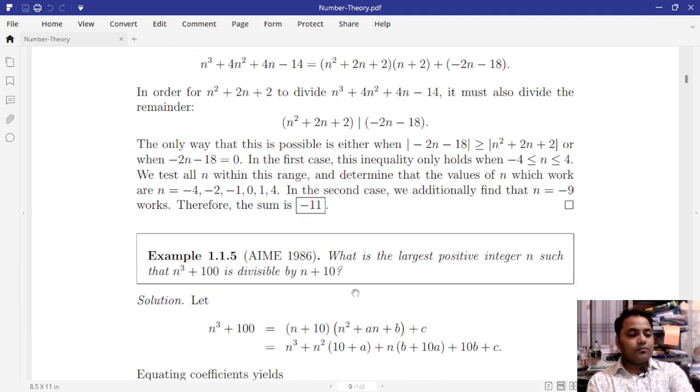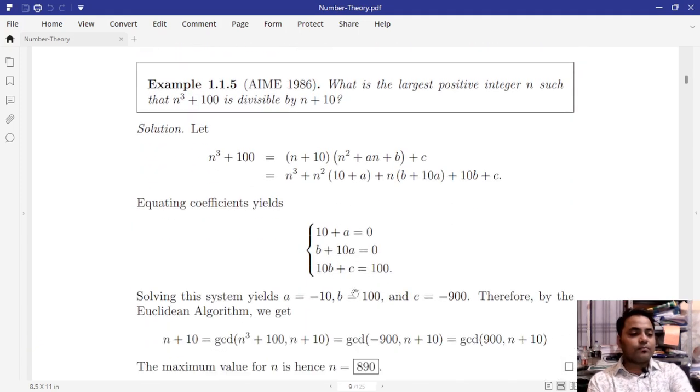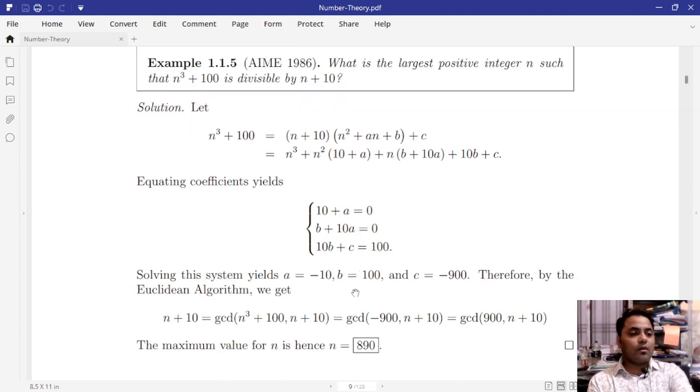Similarly, in this example: what is the largest positive integer n such that n^3 plus 100 is divisible by n plus 10? For the solution, n^3 plus 100 equals (n plus 10) into (n^2 plus an plus b) plus c,